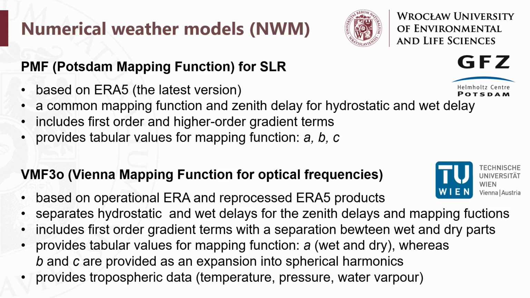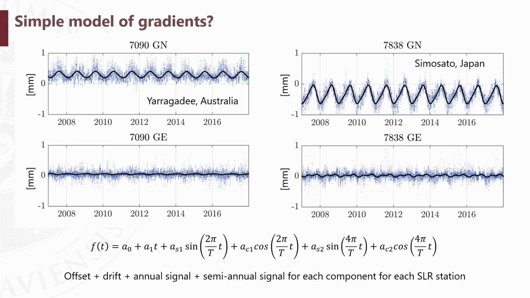And those products differ in terms of the handling of the horizontal gradient separation between the wet delays and hydrostatic delays and so on, but in principle they give very similar results with each other. We also try to simplify those models for the horizontal gradients. So we put it as a simple function of the offset, drift, the annual term and semi-annual term for the north